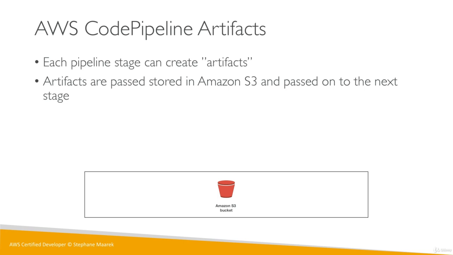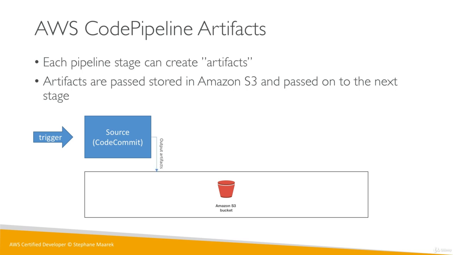So what this looks like is that you have your Amazon S3 bucket, and then you get a trigger. So your source will get triggered. So for example, you've just pushed some code. And so this source will send everything, all the code, to Amazon S3. That's called the source output artifacts. And it turns out that these artifacts will slowly come back up through the Amazon S3 bucket to go into the build stage.